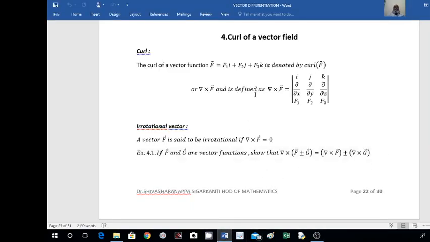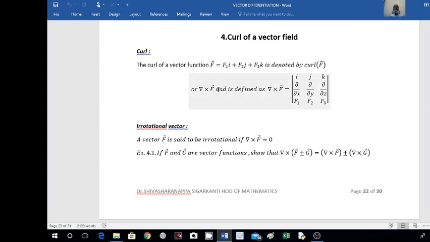Hi everyone. In this video we go for curl of a vector field. The curl of a vector function f equal to f1 i plus f2 j plus f3 k is denoted by curl of f